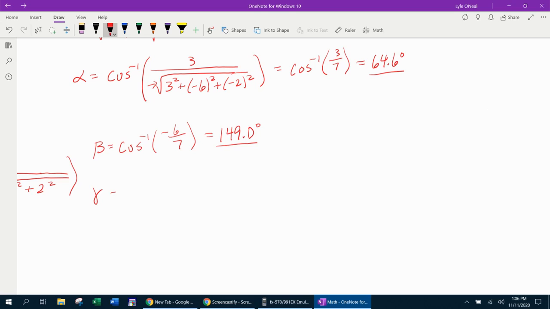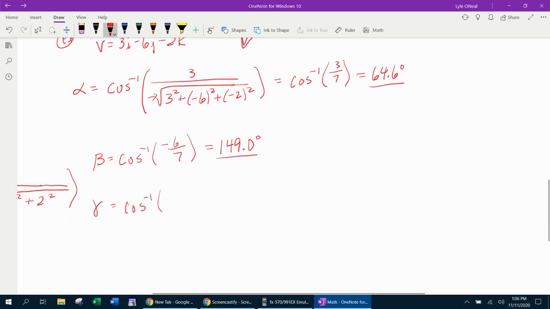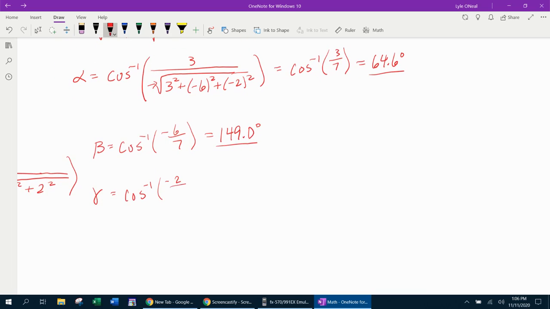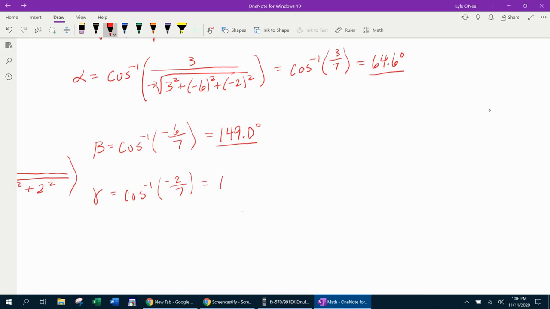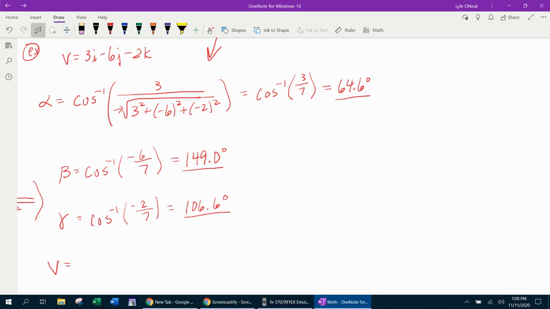And then gamma is going to be the inverse cosine of C, which is negative 2 over the magnitude, which we know is 7. And pulling up the handy dandy calculator, delete and 2, to the nearest tenth, 106.6 degrees. Now that we have the direction angles, alpha, beta, and gamma, we can now plug into the M and D formula